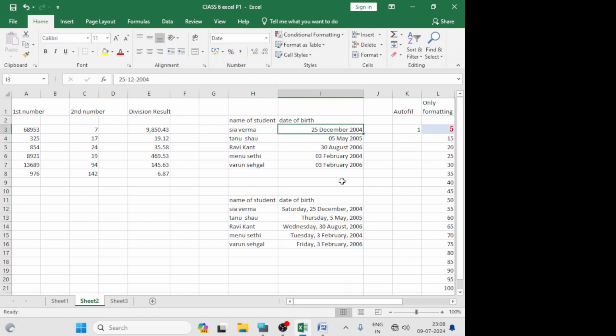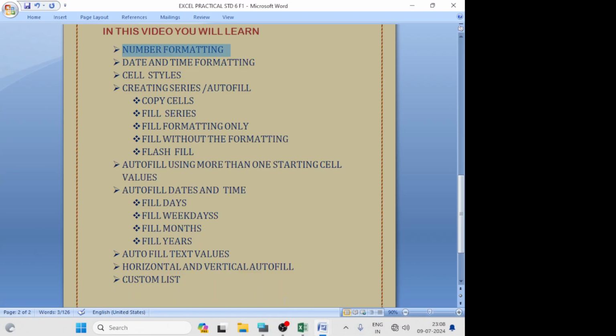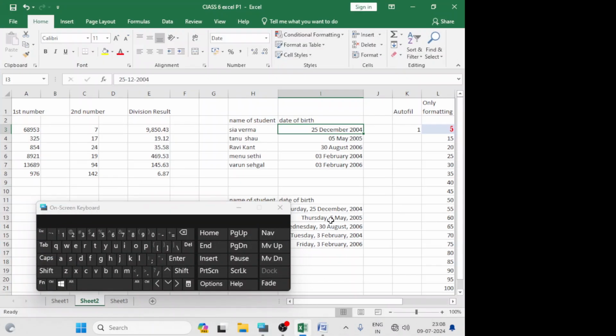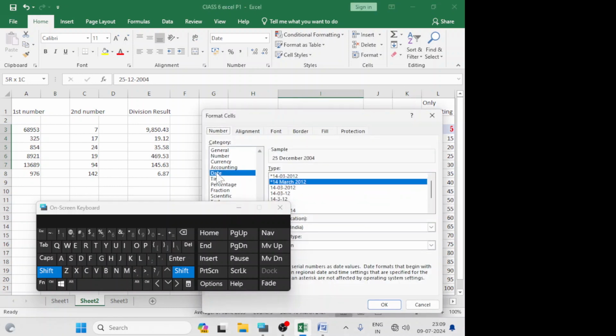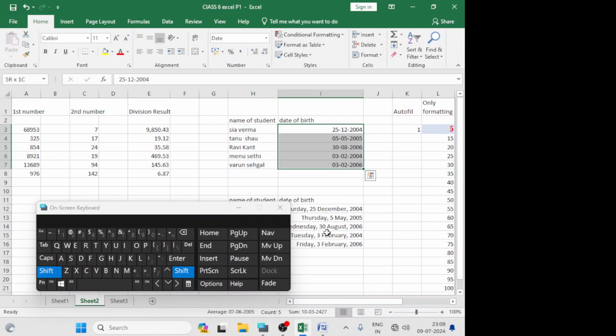Now you see how we can format these cells. In your Excel file, first of all I am going to change these dates to normal format. Right click on it, Format Cells, click on Date, and I have selected a normal format here.